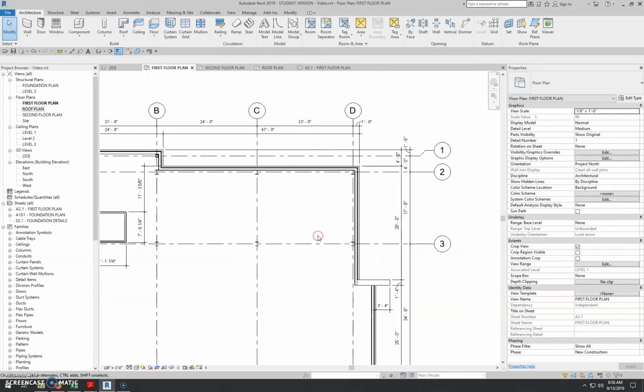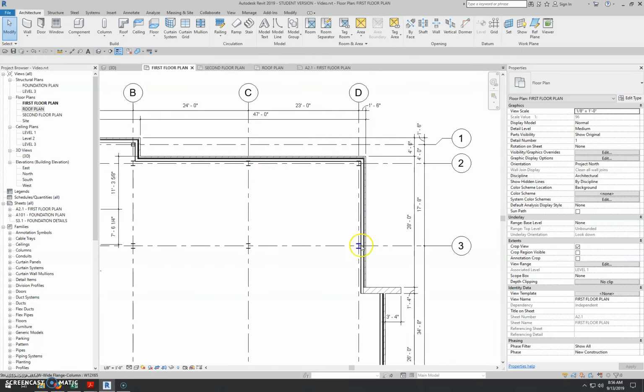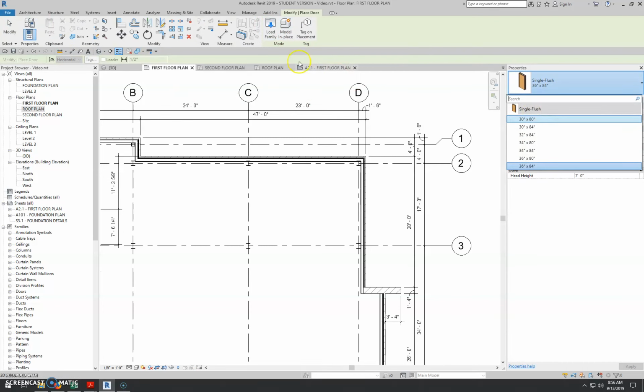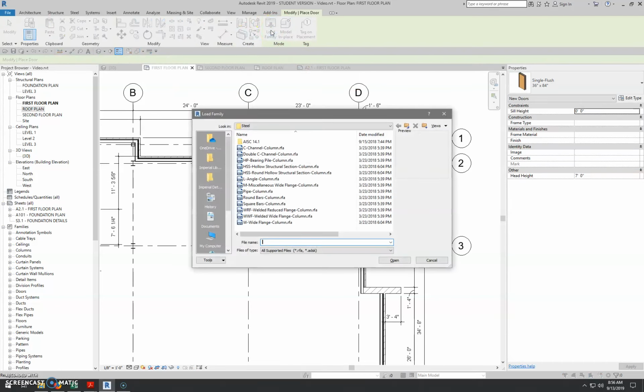So on this side of the building we have several exterior doors. There's a double door that goes here into a mechanical room, a single door that goes into a mechanical room, and then an exit door over here. Now the double door is from Revit out of the box content, so we can go to door. We're going to have to load family because the only thing that's loaded in the template is these single flush doors. So load family,